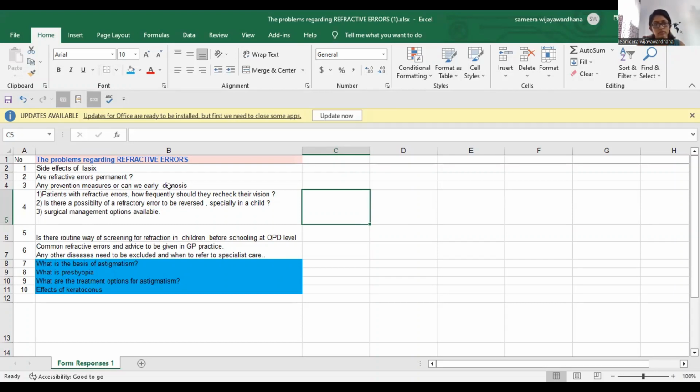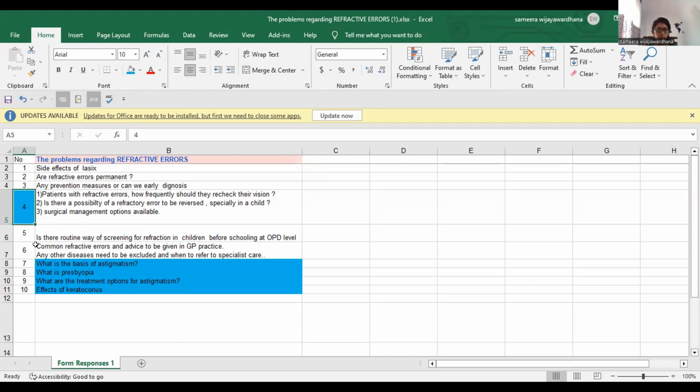So basically, you make sure that they don't go close to an object to look at it. And also you promote outdoor activities like sports. The majority of the time during the day has to be spent looking at distance objects or outdoor things rather than near things. So that's what we can do to